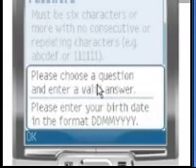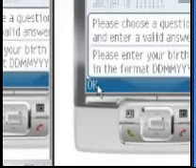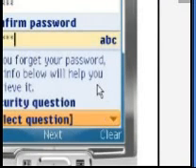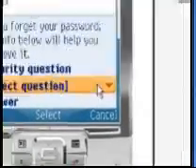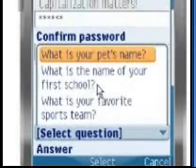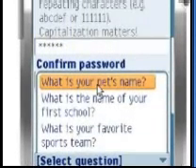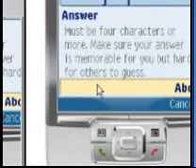See that? Choose question, secret question, and a valid answer. And birthday, I will add that secret question. I choose select. What is your pet's name? That I choose. The answer is, I don't know.